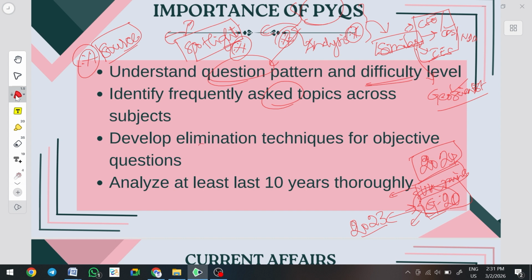and you will be able to identify some of the elimination techniques very objectively in a calm and composed way here, so that you will be able to utilize these learnings in your final examination on July 19th, 2026. And you should analyze at least the last 10 years exam paper thoroughly, or at the bare minimum the last 5 years examination, so as to be in line with the latest developments of this exam pattern and